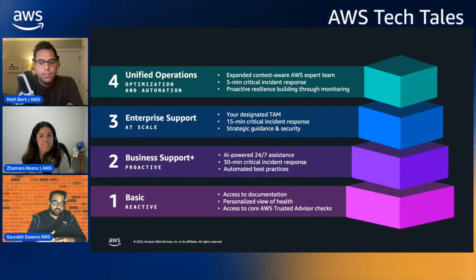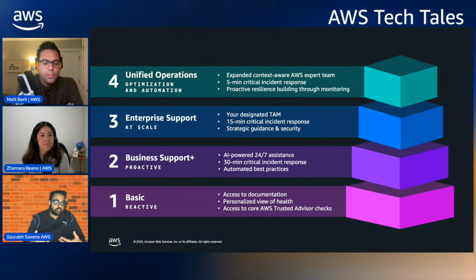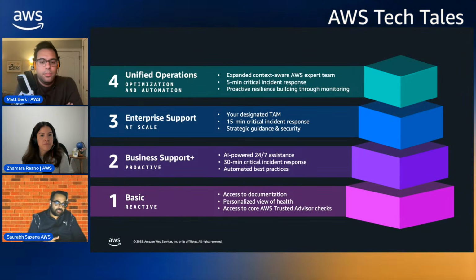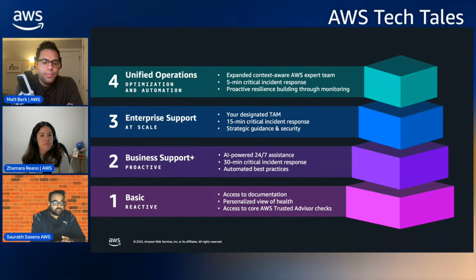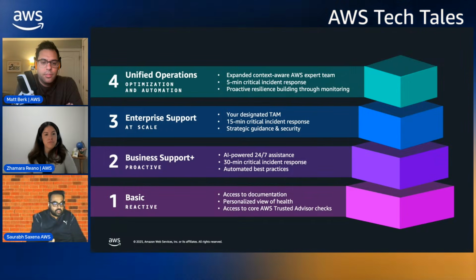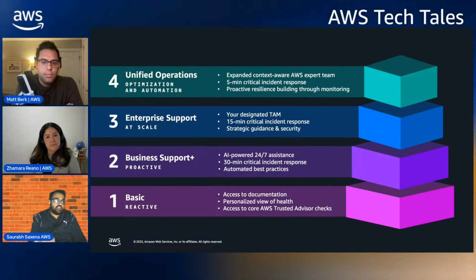At the same cost previously, you had developer support where you could only submit a case and get a response in 24 hours in a business day. So not only are we using AI, but we are betting on it that it's so good and it's going to help our customers that we have reduced the cost of a support plan as well. Because we know that this AI first tier is going to help you get more contextual relevant answers. And yes, you would not be engaging with humans a lot because you'll be getting all the answers you need.